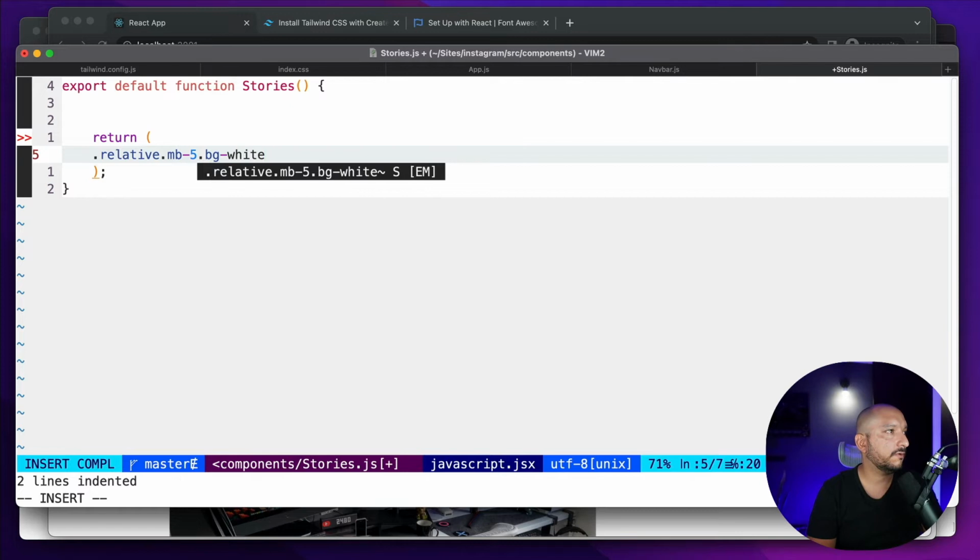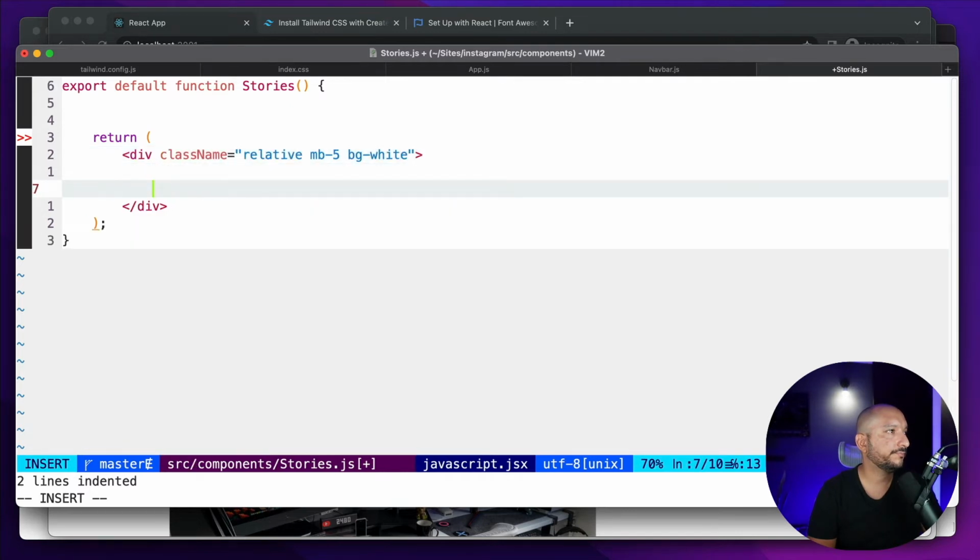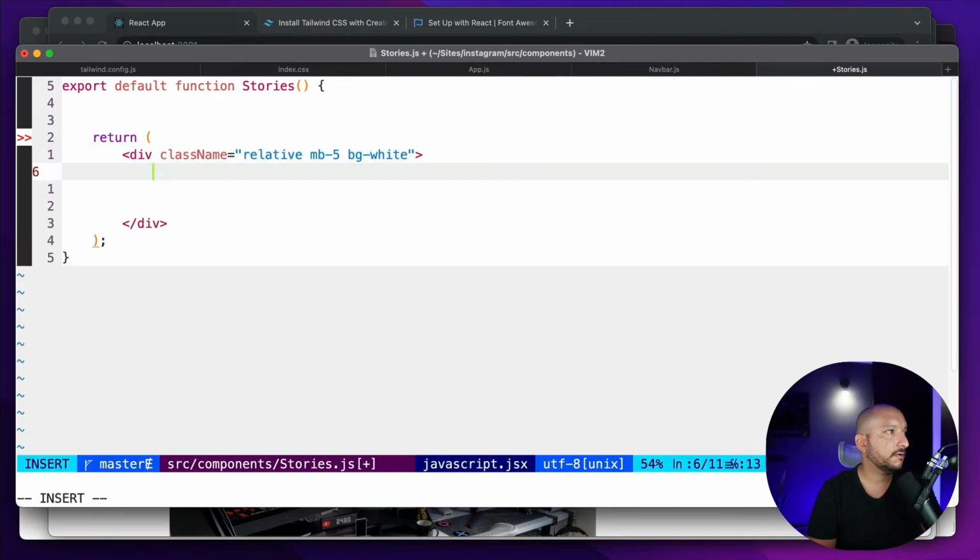We want to have a white background, and inside here we will position the arrows, absolute position the arrows. So let's create another div that will be absolute,